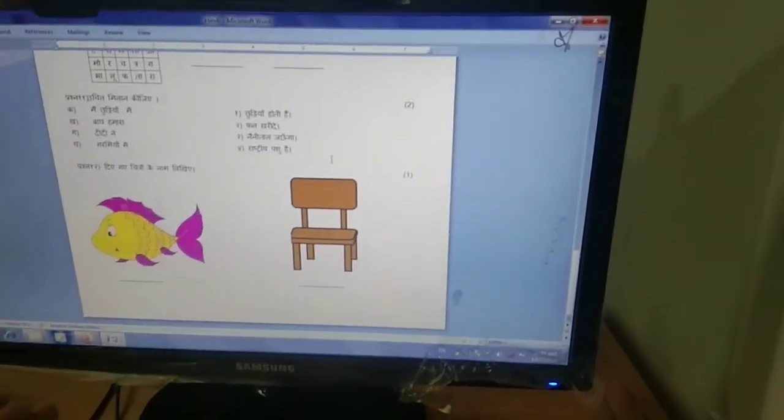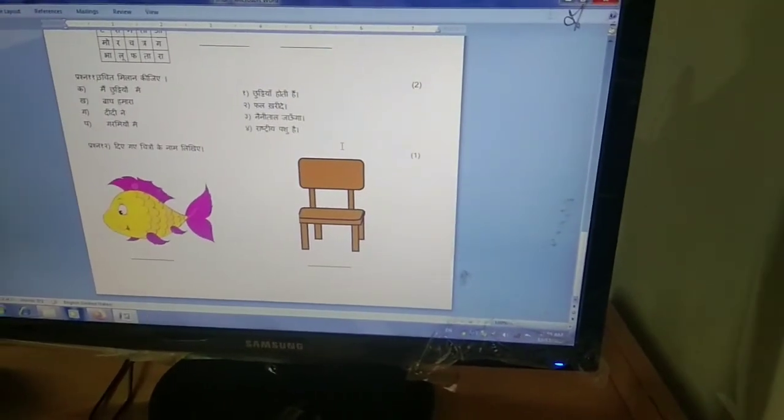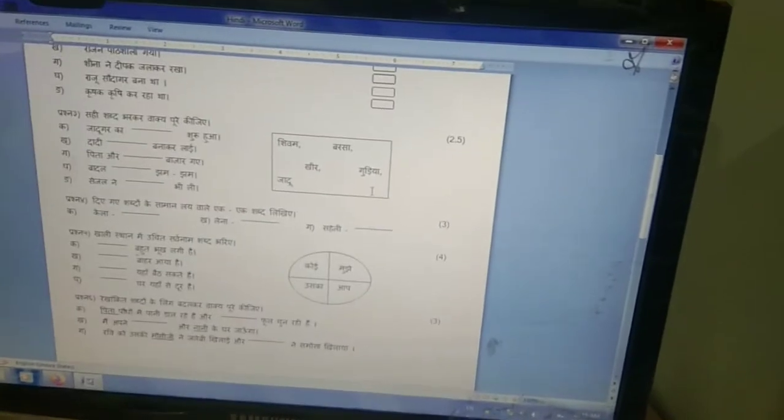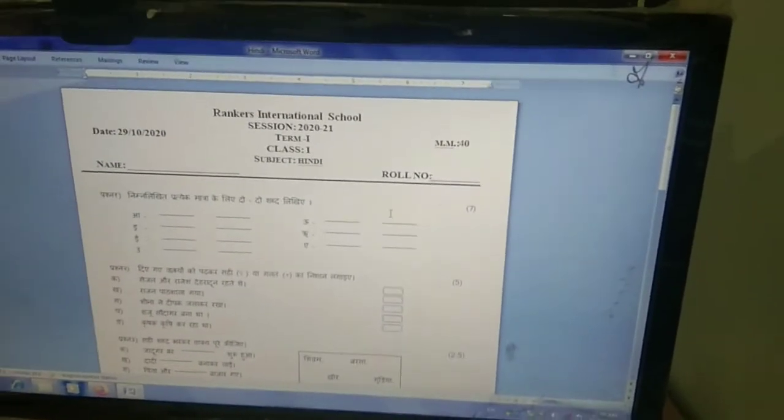If I want to see what is typed on the first page, at that time we will scroll this wheel like this, in this direction, then you can see the first page of that paper or whatever you have typed.